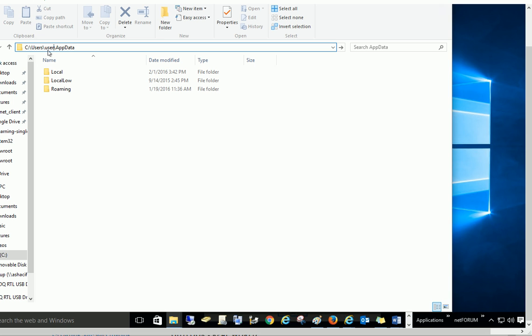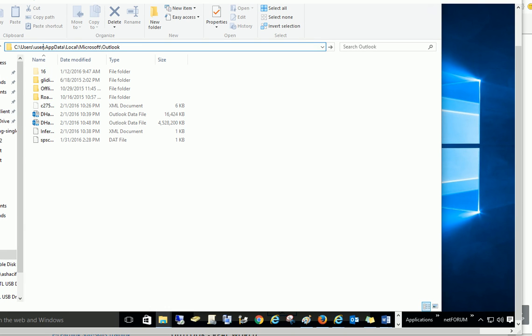This will show your username, app data, and then you'll go to users, your username, app data, local, Microsoft, and Outlook. This is where, when I said you need to back up again, you just need to back up this file right now, because these are your emails on your computer, just in case there's some issue going on with the server, that you're not getting all the emails from the portal from Microsoft, and this person really needs this one email that has some kind of code for a meeting,